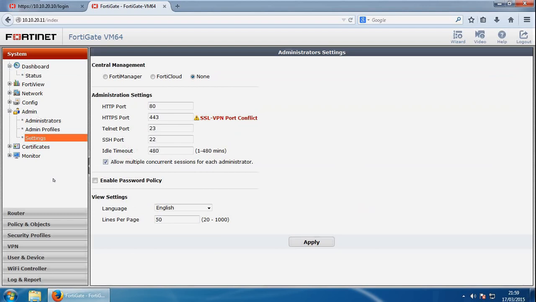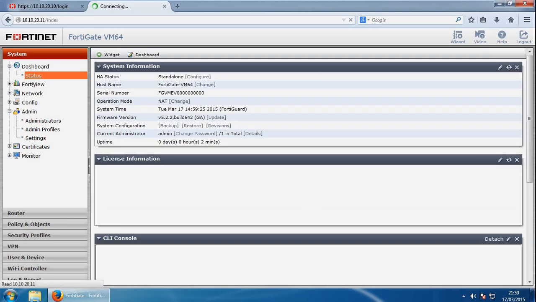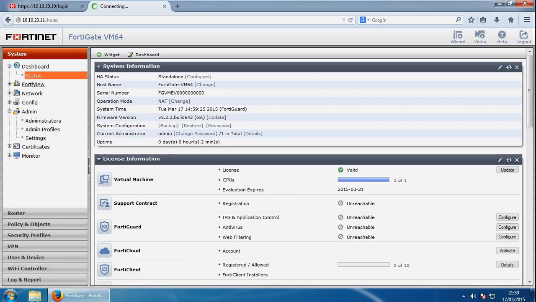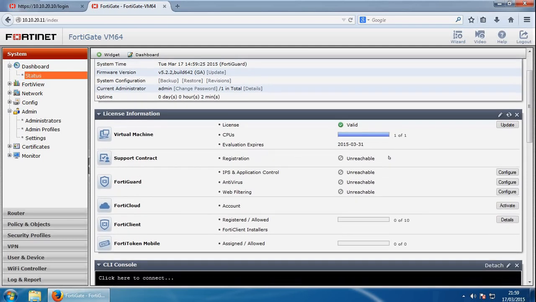And once that's done, if we go to status, we can have a look at the licensing information. To ensure you have full access to Fortinet support and FortiGuard services, you will need to register the Fortigate unit. I have no license on this Fortigate virtual image. So it's showing the support contract as unreachable, which may be due to the routing information, so we'll have a look at the routing later in the video. If I log into my licensed one,